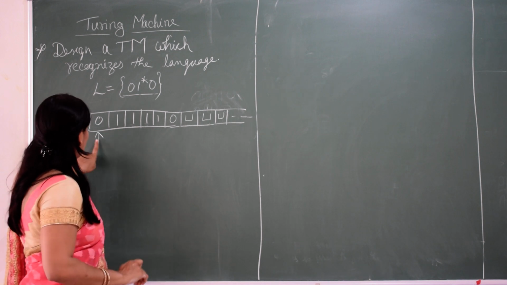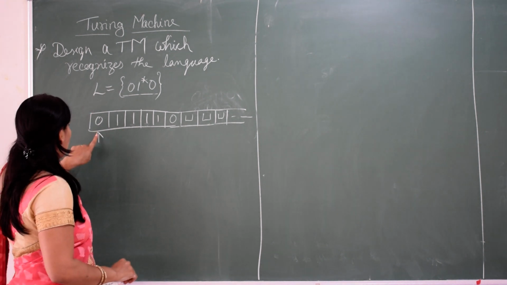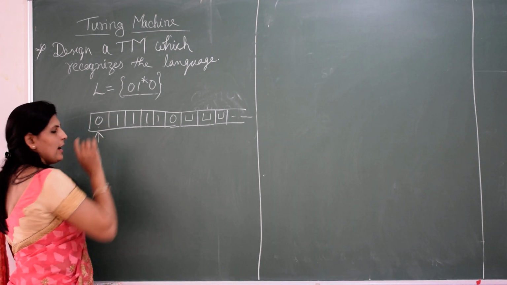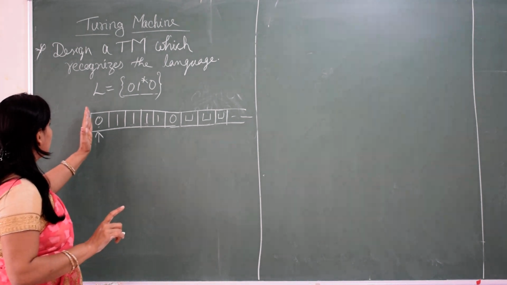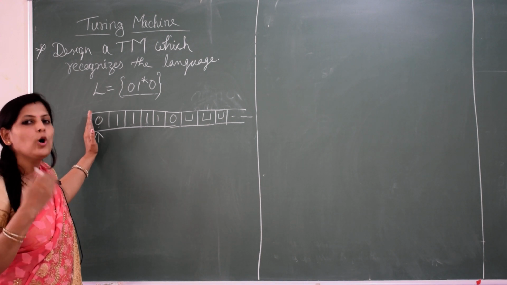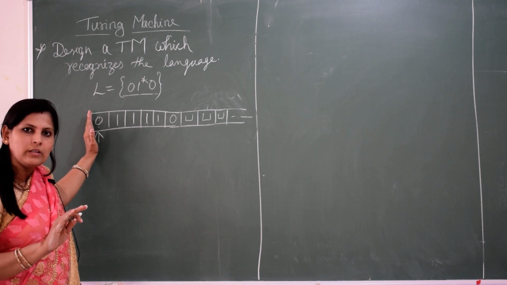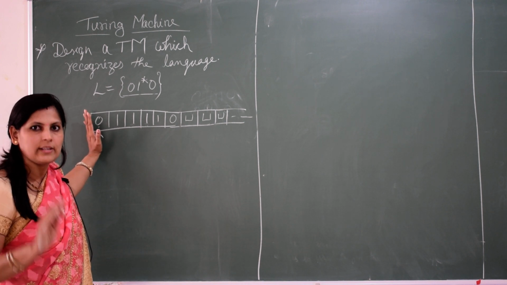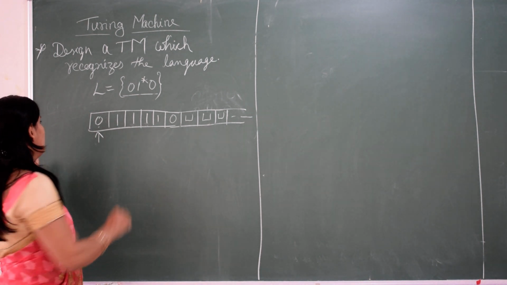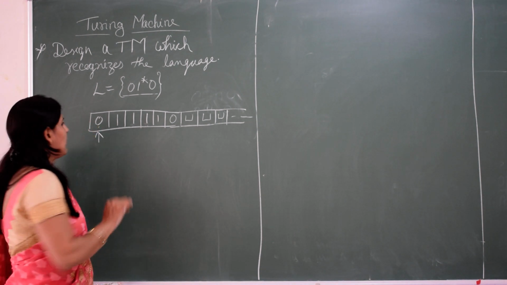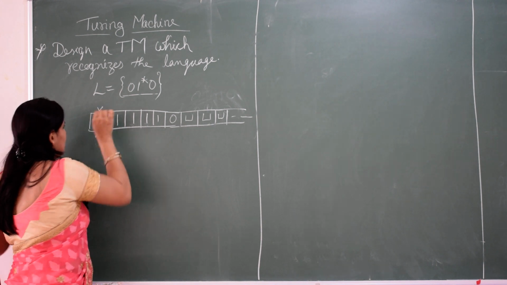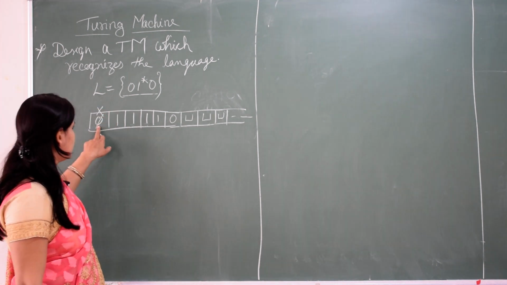So, my input tape is at 0, we will start scanning from the left side, that is 0. My input tape is reading input 0. Then what should happen? What all operations can we perform? We can perform either read or update. After performing this, it can move left or right. This is the basic principle of the operations we can perform on a Turing machine. So, I am reading 0. After reading 0, I will convert it into some other alphabet. Suppose it is X. I have converted it into X.